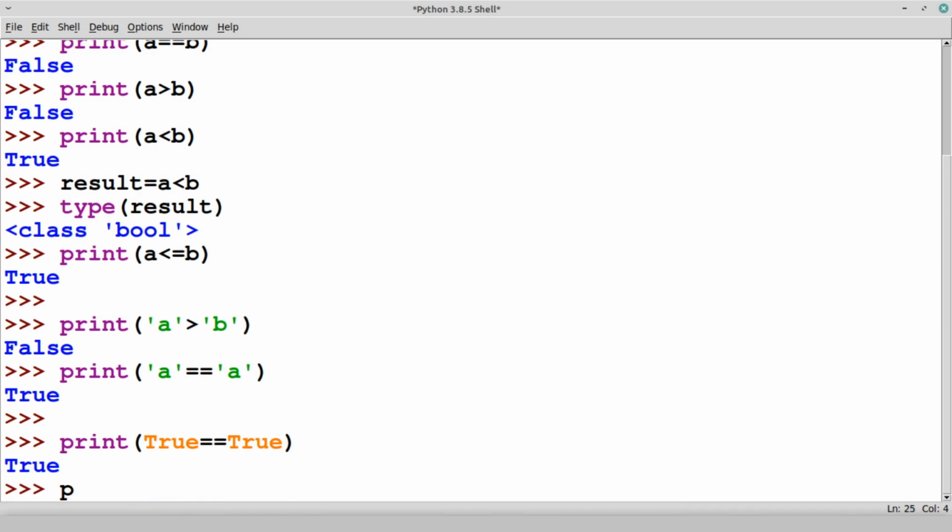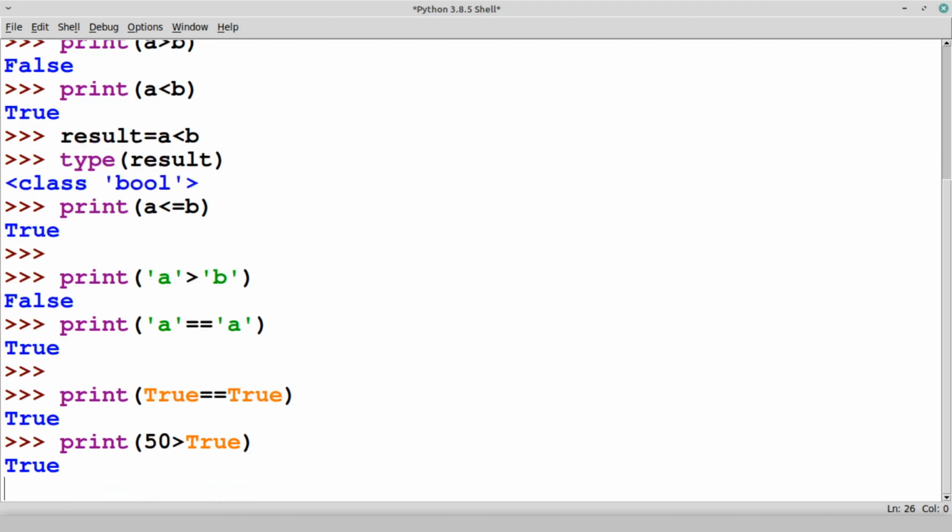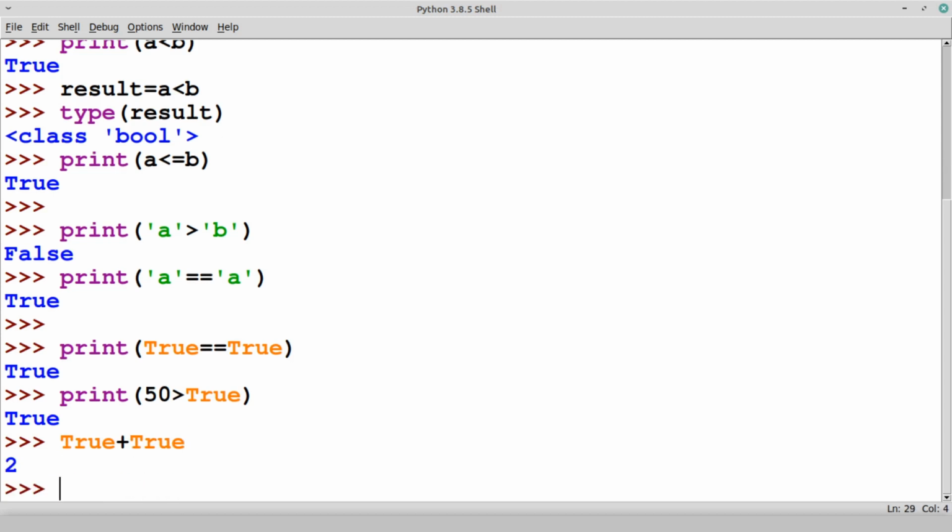If we do this kind of combination, 50 greater than True, then it also performs the comparison, because the value of True means 1. Let's say True plus True will be 2, because internally True and False are 1 and 0. That's why we can perform this kind of operation. So this is called comparison operation.